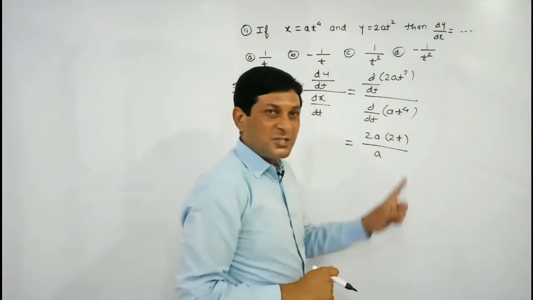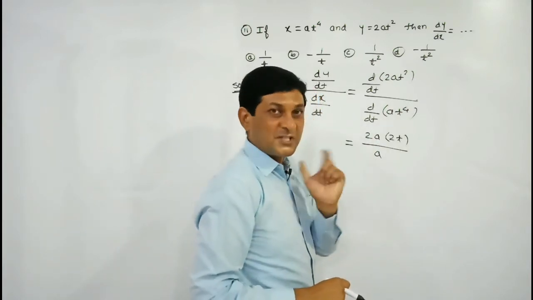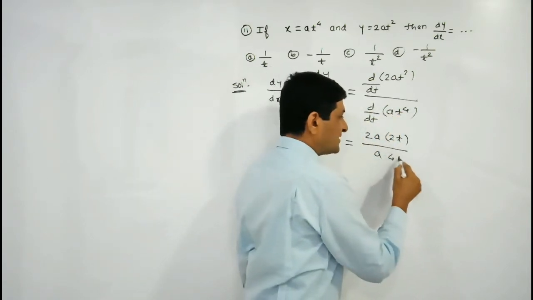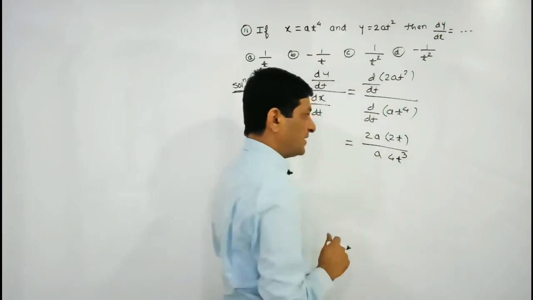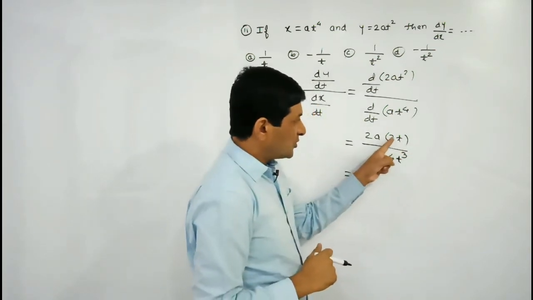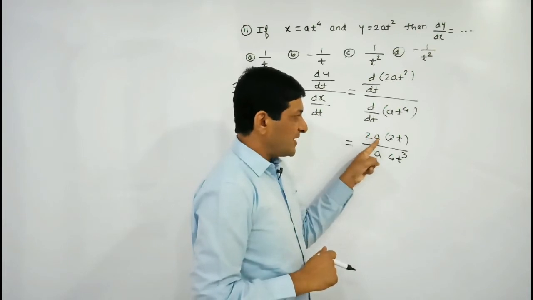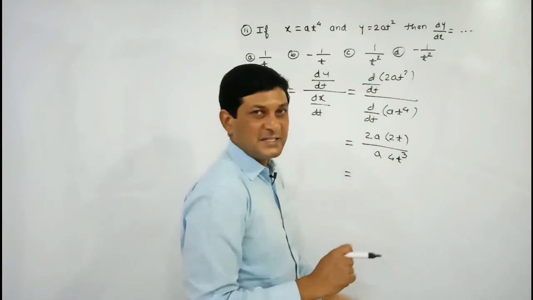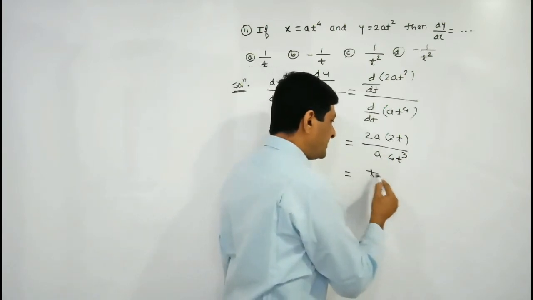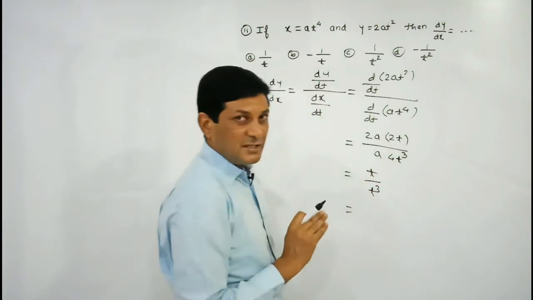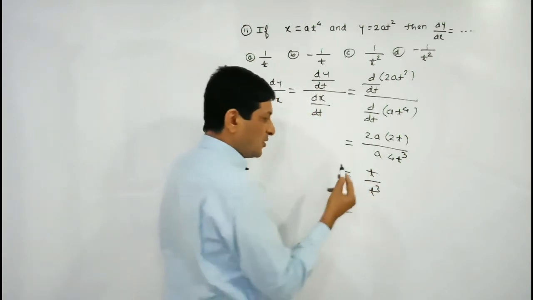Now what are we differentiating? t raised to power 4 with respect to t. So first take this power 4 as a coefficient and decrease the power by 1. So the new power will be 3. Here we can easily observe that 2 into 2 means 4. 4 into a is 4a, and in the denominator also 4 into a is 4a. 4a will get cancelled. Then the remaining term will be t divided by t cube. And again we can observe that if we cancel t from the numerator and denominator, what will we get?